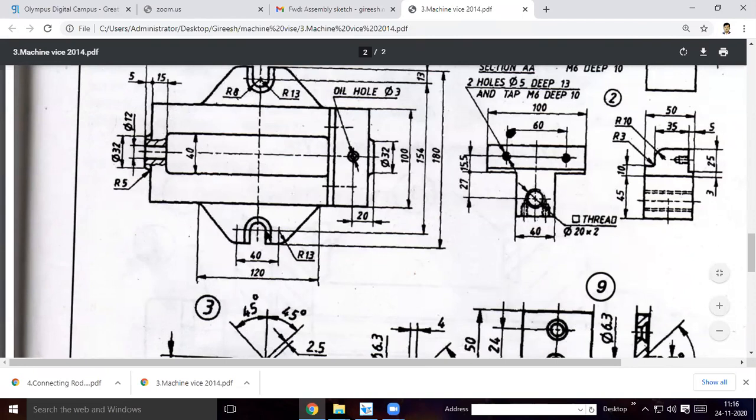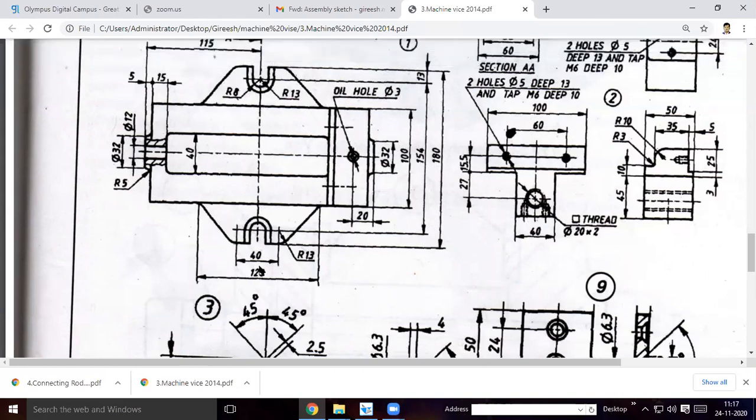Okay. Then this distance will be how much? You have to draw from the end of the circle. Here, tangent to that circle, you have to draw this line. Here you draw only one circle, the smaller circle of radius 8. You draw a circle of 16 mm diameter. From the end of that point, you draw a line here. This length will be 180 minus 154. It will be 26. On either side, it will be 13 mm. Then you extend this line from here to here, 13 mm.